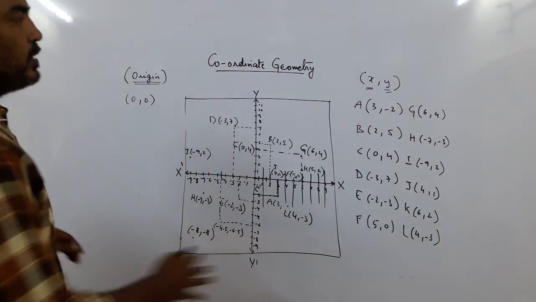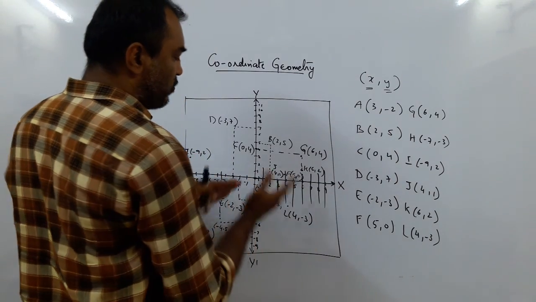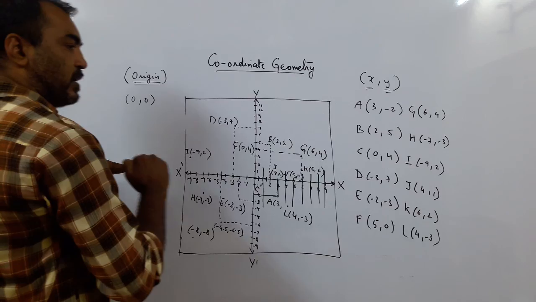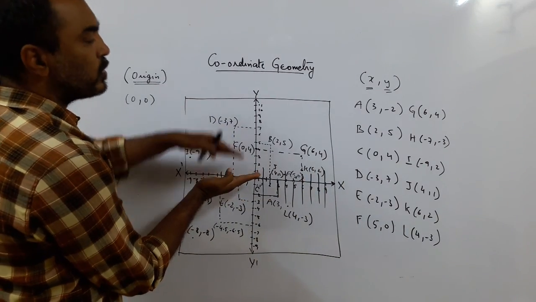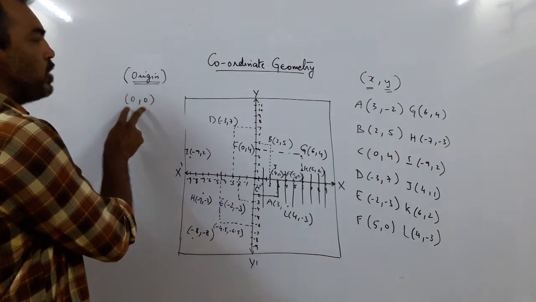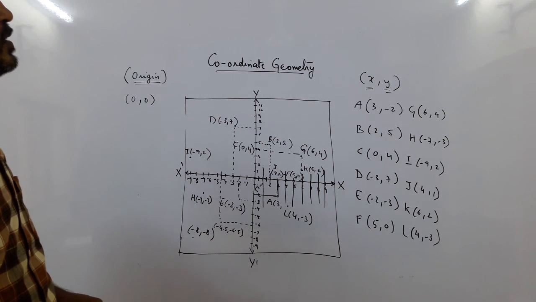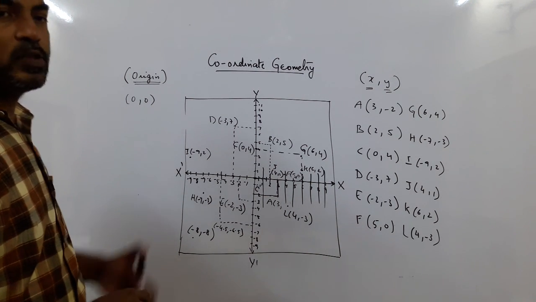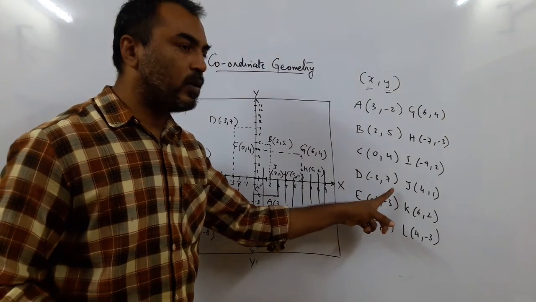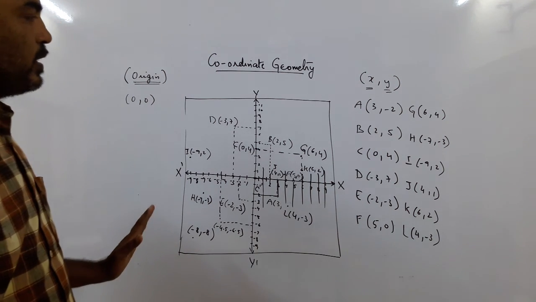What happens in a plane? If you look at this board, the plane has got two dimensions. It has got a length and it has got a breadth. Means from the reference point, you can either go right, positive, or to the left, negative. That is one dimension. You can also go to the top, positive, or to the bottom, negative, second dimension. So there are two dimensions here which make up the coordinate plane. So this is the end of the chapter, a very easy chapter, and you can score marks very easily in this one. But do not confuse yourself in the x and y coordinate. Do not try to act in a hurry. Take your time, draw your graph, okay?